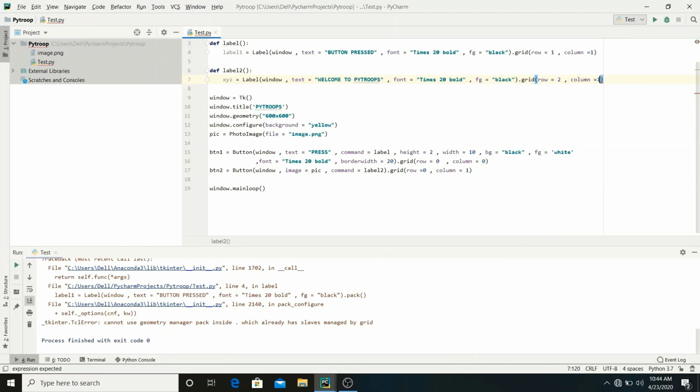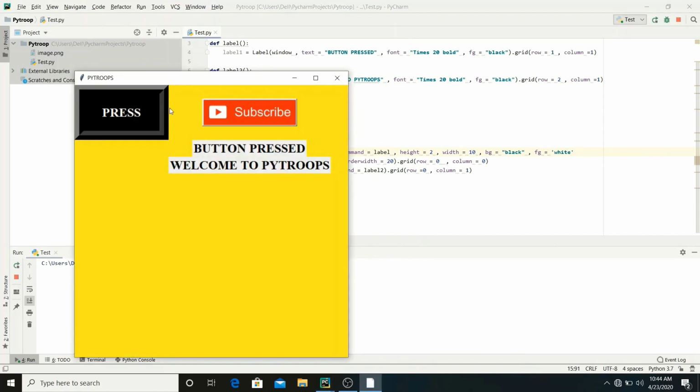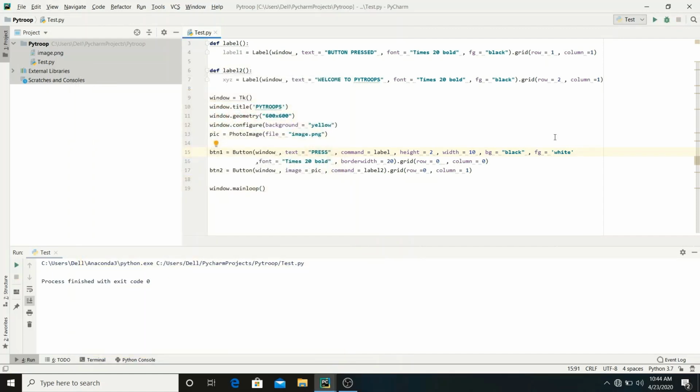So now if I run the program, just press the button. Okay, works perfectly fine.